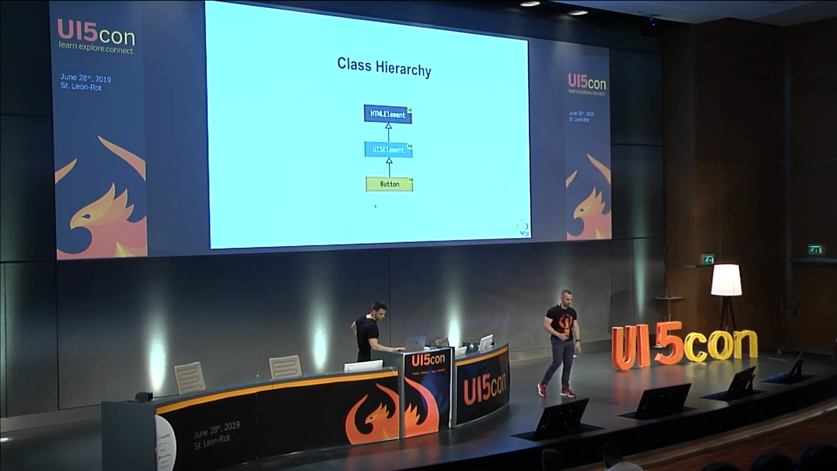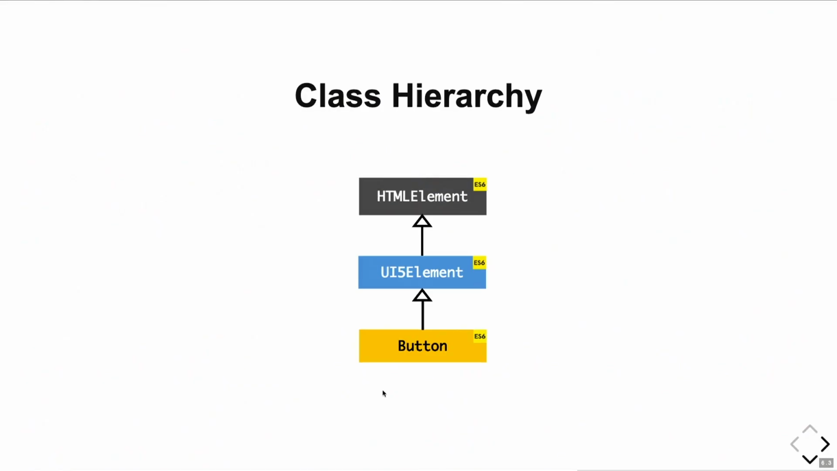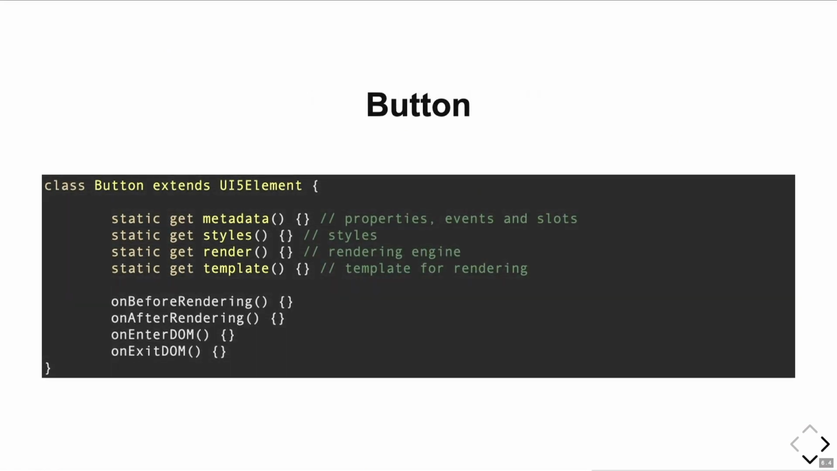I have an example now of a button class. It inherits from UI5Element, and UI5Element, as you saw in the first example, inherits from HTMLElement. We have a static method which makes the definition of the component: properties, events, and slots for the element. This means that if you need some properties, you put them in the metadata, similar to what you do in OpenUI5. If you want some styles inside the shadow root, so your component is styled, you put them in the styles